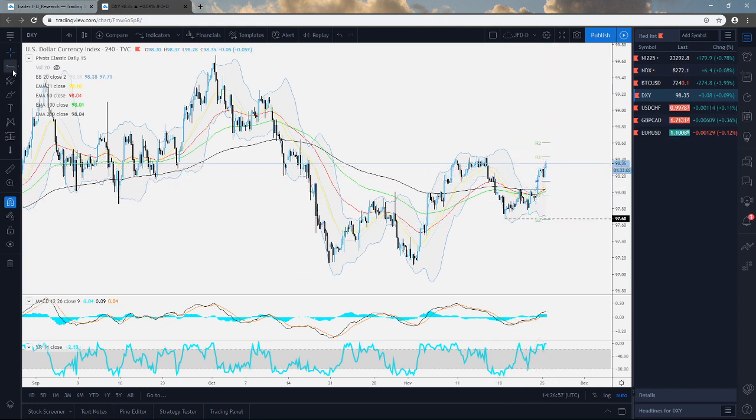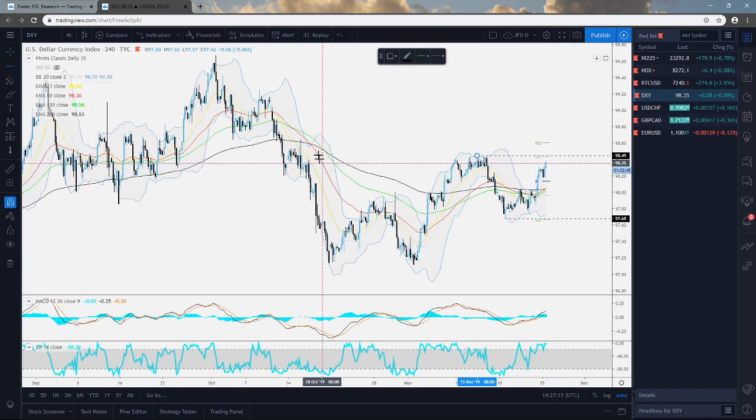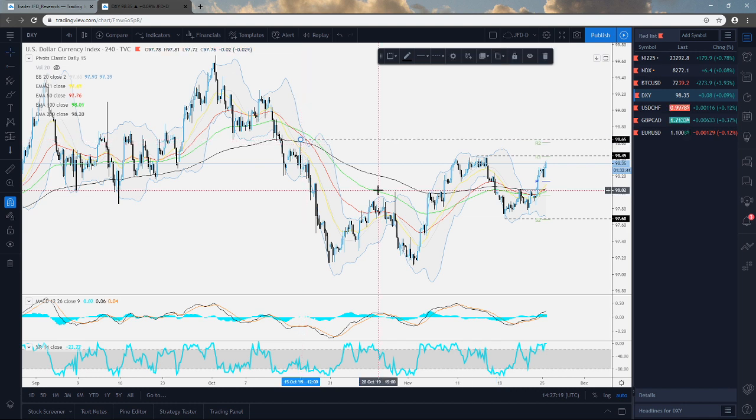The big question here is, can it overcome the highs that we saw in around mid-November? And that's roughly the 98.45 level. So that's the current highest point of November. If it can overcome this, then yes, this would confirm a forthcoming higher high, and we could start targeting further upside. So some levels to consider are like the 98.65 zone, which is marked by the high of